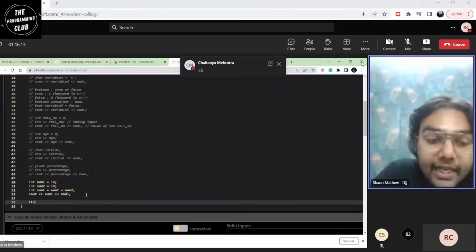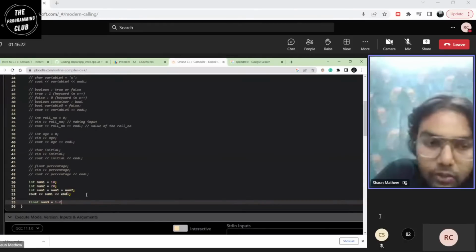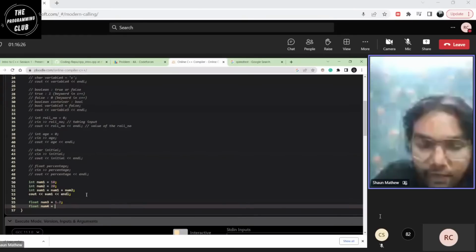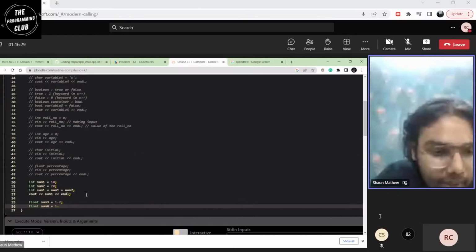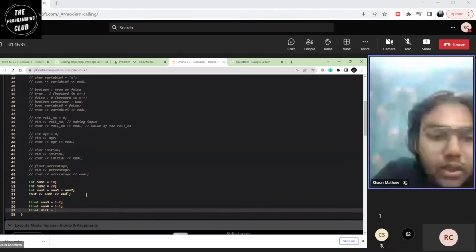Now suppose I declare a float num3 equals 1.2, and suppose float num4 equals 1.1, and I'll be putting float difference. The difference would be a floating number, a decimal value.